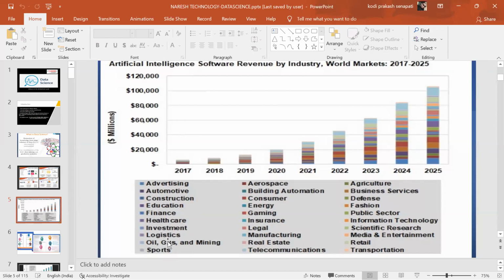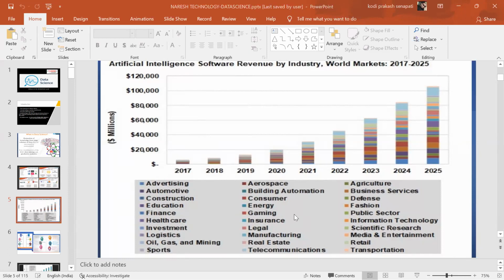Healthcare, investment, logistics, oil, gas, mining, sports, aerospace, consumers, energy, gaming, insurance, legal, manufacturing, real estate, telecom, agriculture, business services, defense, fashion, public sector, IT, scientific research, media, and transportation. Guys, I'm asking you, in all these domains you can plant AI.